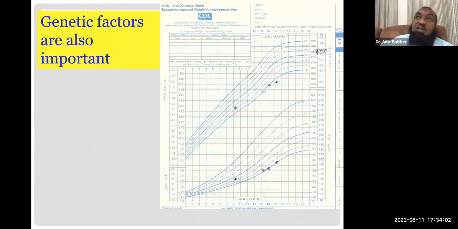However, remember that this is not the most important factor in making a decision to give treatment or not, because sometimes some children may have influence from a remote member of the family, like the grandmother, a maternal aunt or a paternal aunt. So it's not a rule to just determine the family target potentials according to the father and mother height. Okay, carry on.